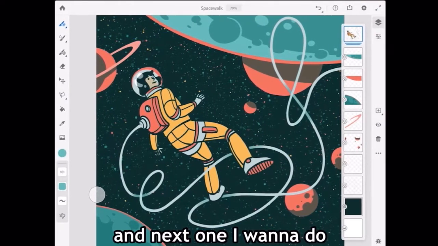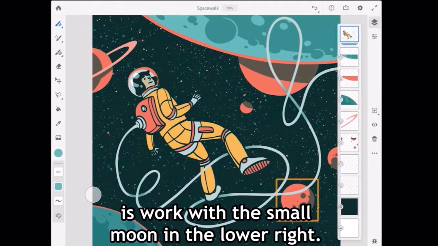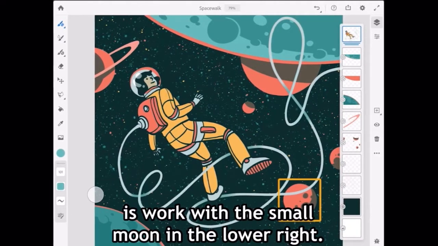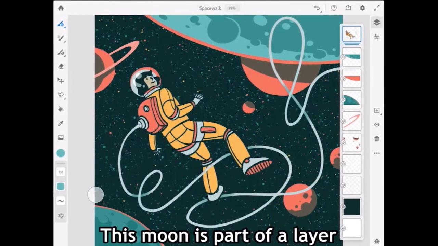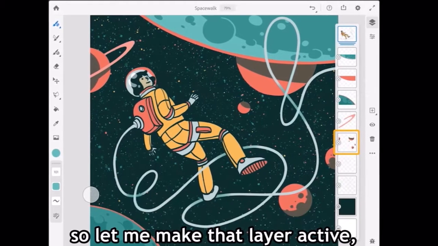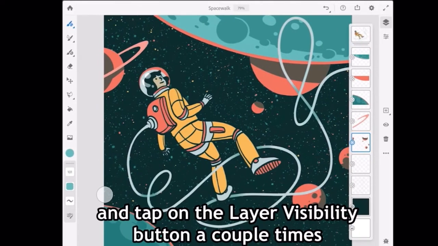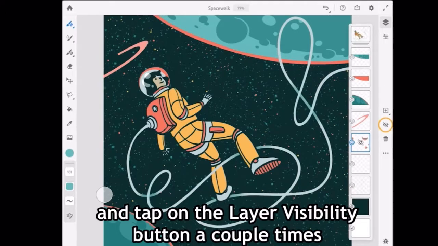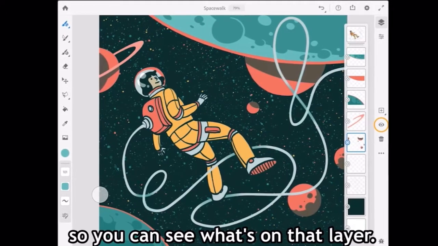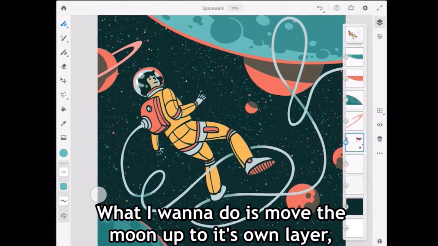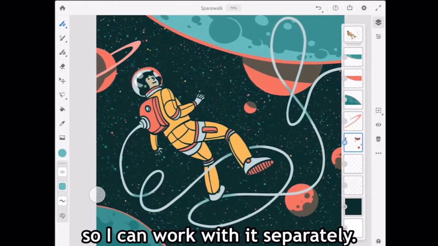And next what I want to do is work with the small moon in the lower right. This moon is part of a layer that has several different elements on it, so let me make that layer active and tap on the layer visibility button a couple times so you can see what's on that layer. What I want to do is move the moon up to its own layer so I can work with it